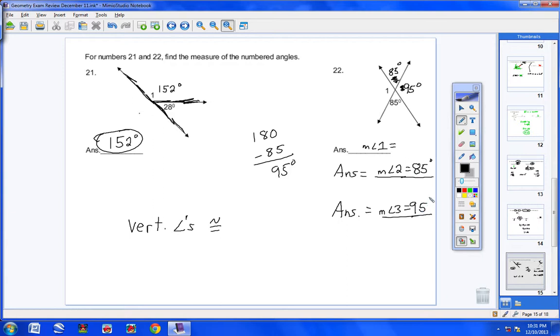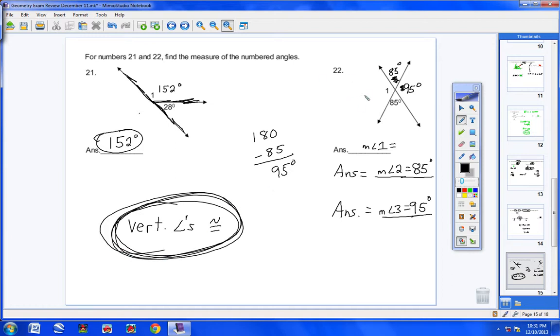Now hold it. At the very beginning of the problem, we talked about vertical angles being congruent. That means the angles that are across from each other. So if this is 95 degrees, then angle 1 also has to be 95 degrees. So this answer here would be 95 degrees. So what are we